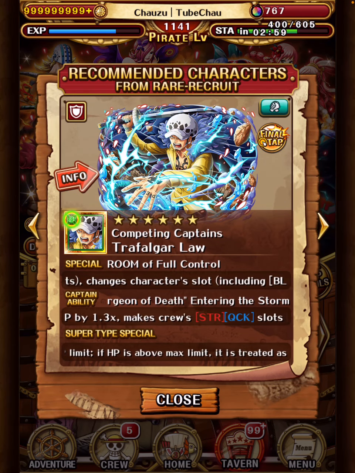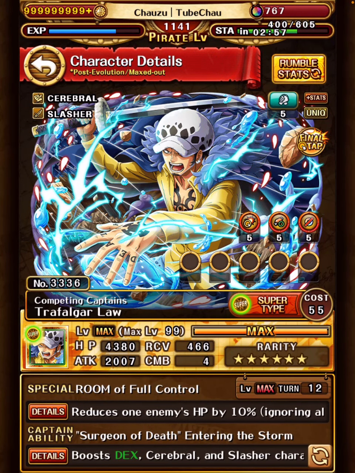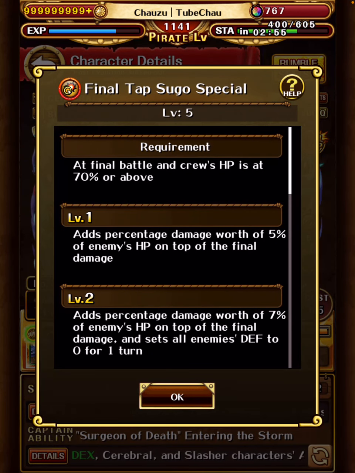Oh, I don't even have to click the unit, but I think I'll do it anyway. There we go. Law's requirement: final battle and cruise HP is at 70% or above. That can actually be a quite annoying requirement, as I discovered. I did a team with Law against Kid Forest, and I was not even close to getting that requirement. Granted, Kid Forest is a strength boss, so Law is whatever there, but I can see that being